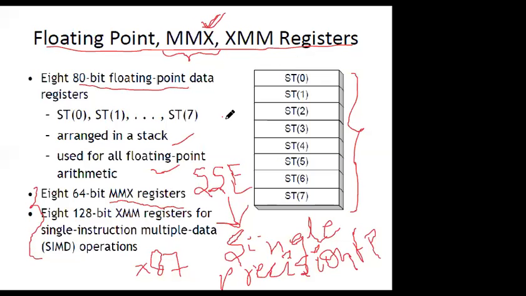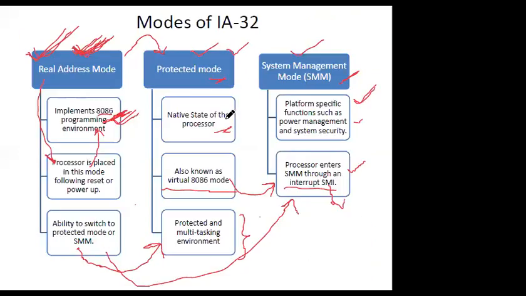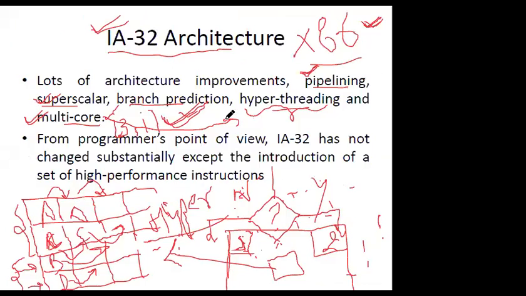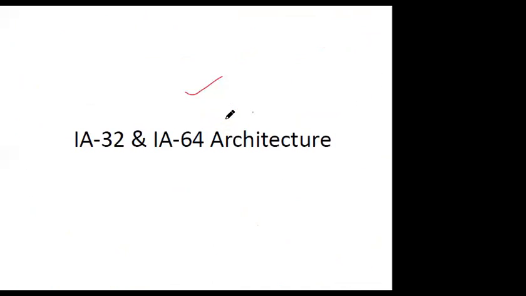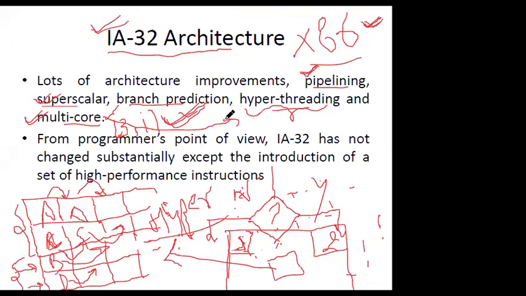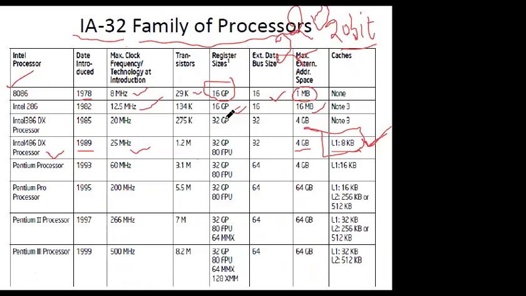So this was basically an introduction to IA32 and IA64. Let me give a brief review of this architecture. We introduced IA32 and IA64 architecture as an improved version of the 8086 microprocessor. As a successor of 8086, we introduced the IA32 family of processors, with various processors. I have shown you that there are certain improvements in the processors in the subsequent years.